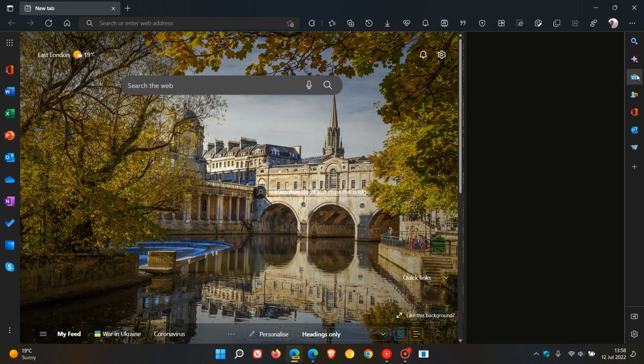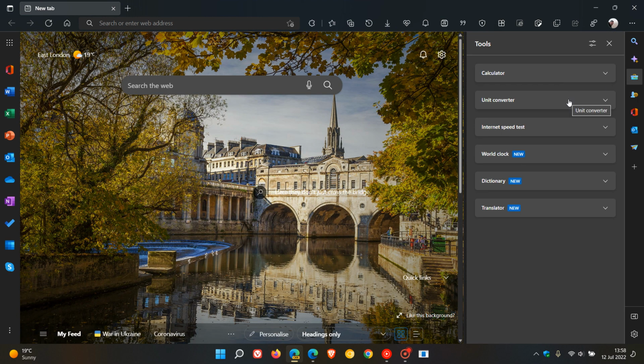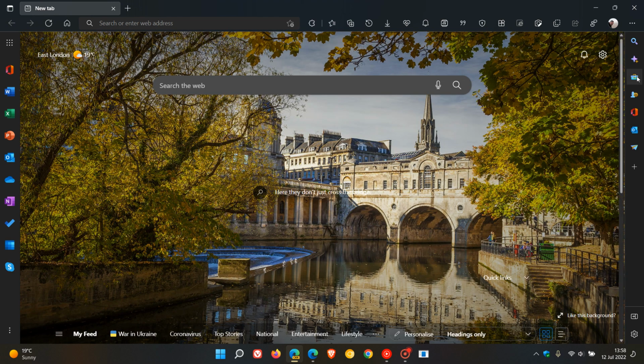You have tools like calculator, unit converter, internet speed test, world clock, dictionary, translator. And I've posted on all these previously if you want to do a search on the channel. You get a games panel, Outlook panel, Office panel, and your drop, which basically uses OneDrive. And so there's a lot of features. As I say, some have considered it to be bloatware and others do find them useful.